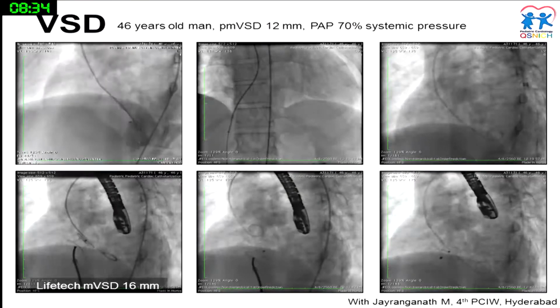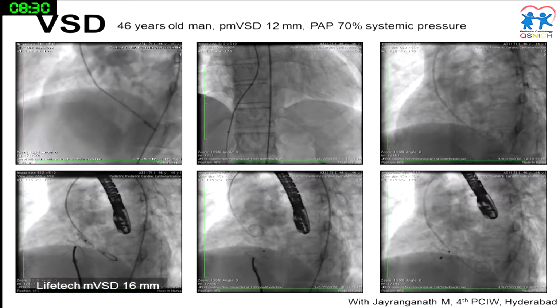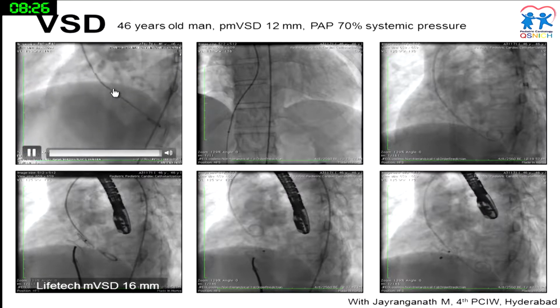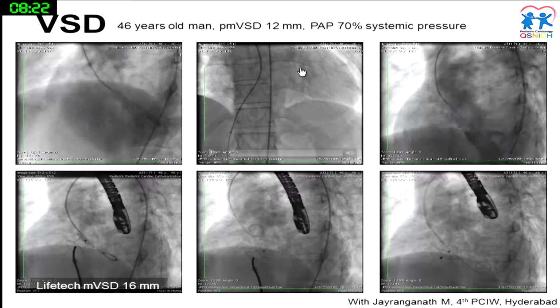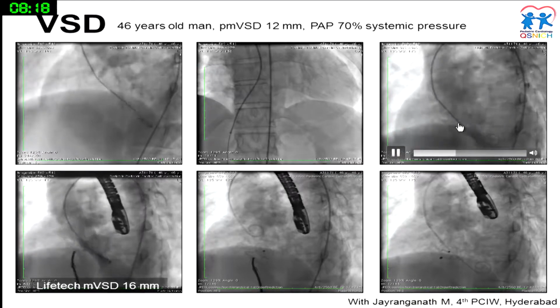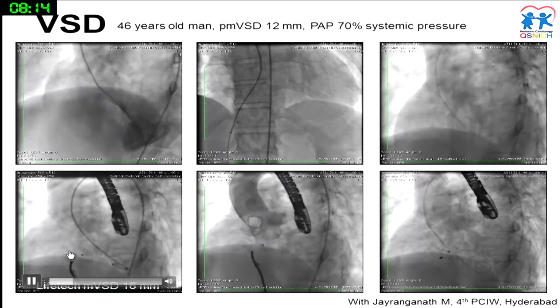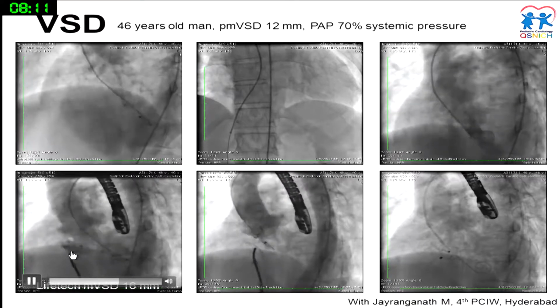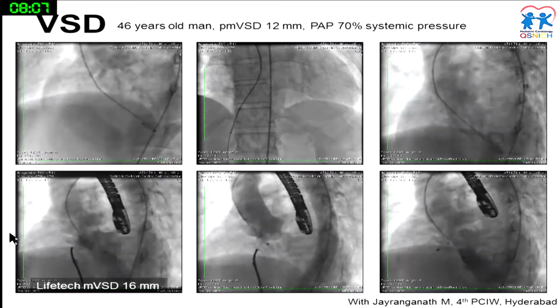And how about VSD? Again, this is a common lesion, but once you find this in an adult patient, it's not always simple. As you can see, this is a very huge perimembranous VSD, 12 millimeter. Luckily, the PA pressure is not that high. So we do as routine, we cross it, we do a loop, and then we just recheck it once the catheter is passing through. And then eventually, we can use a very huge muscular VSD device, 16 millimeter, in order to close this